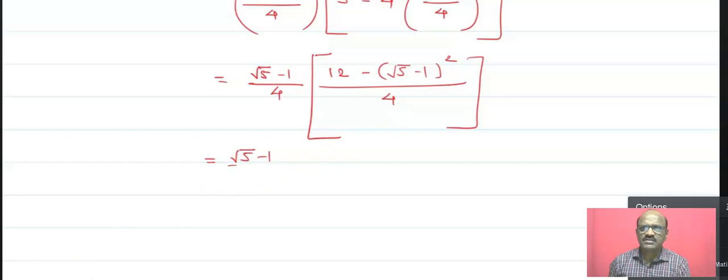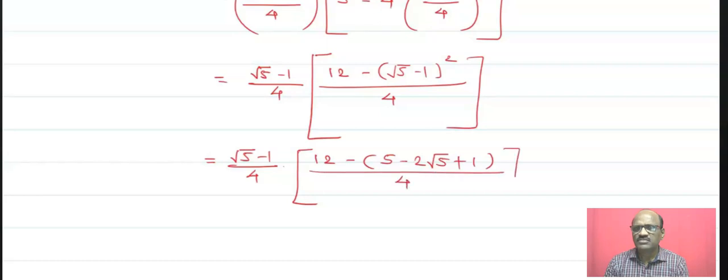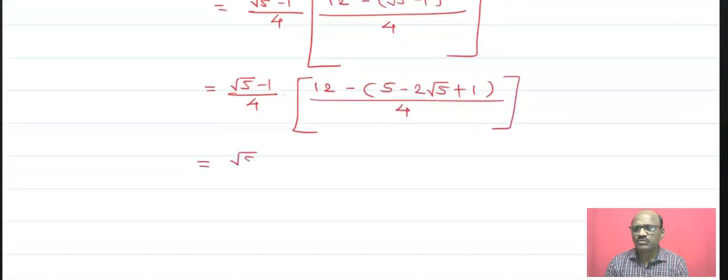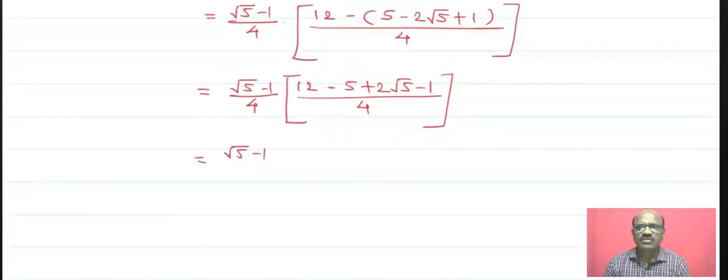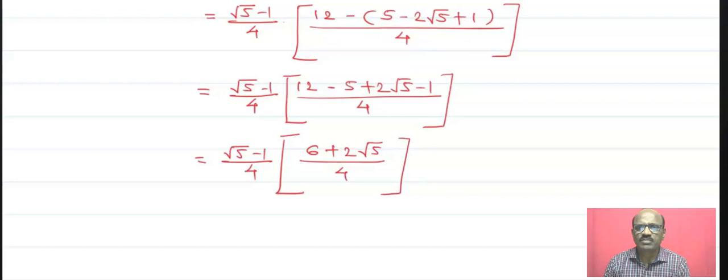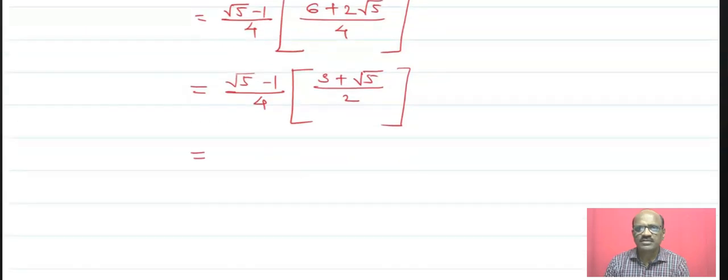Now see this again here. 12 minus root of 5 minus 1 bracket square, we will do. The square of root 5 is 5, minus 2 root 5 plus 1 upon 4. Now simplification: 12 minus 5 plus 2 root 5 minus 1 upon 4. That is the root of 5 minus 1 upon 4. That is 6 plus 2 root 5 upon 4. Therefore, you will get root 5 minus 1 upon 4. Now again simplification, 3 plus root 5 upon 2. Therefore, you will get